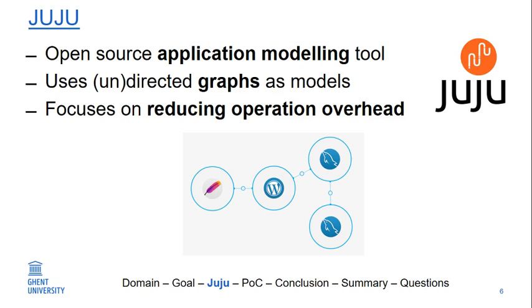The whole idea is, if you work with these models and with these charms, as they're called in Juju, then you're reducing a lot of operations overhead. In my thesis, I talked about operations knowledge, so we're abstracting and encapsulating that whole business. A user does not need to know anymore how WordPress needs a MySQL database, or how a database is set up. They just deploy a WordPress charm, deploy a MySQL charm, and add a relation, and everything happens automatically. That's really cool stuff.